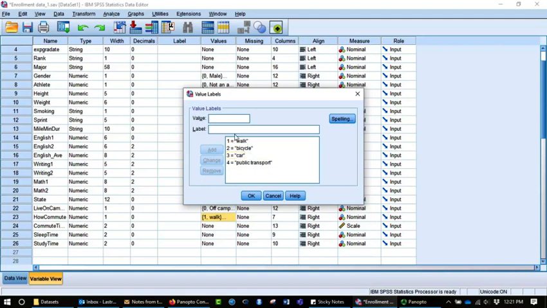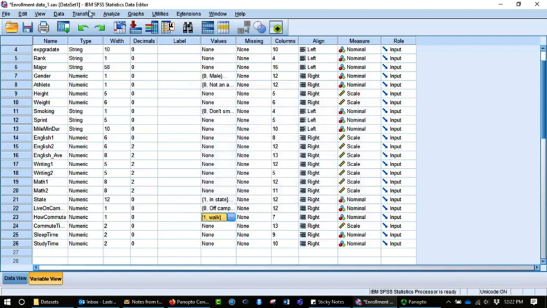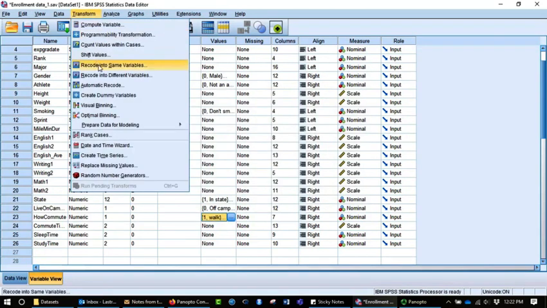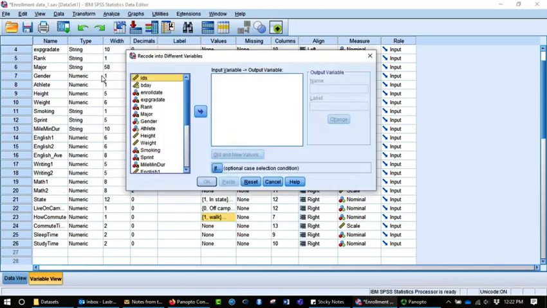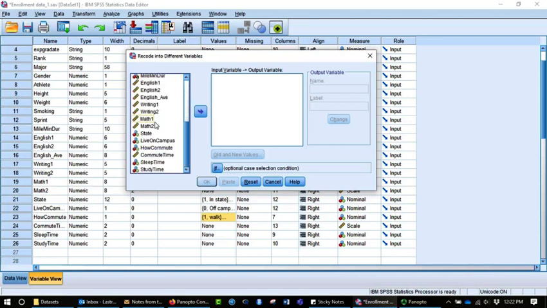So I'm going to change walk and bicycle to just on foot or human transport, and then 3 and 4 to auto. So auto, not auto. All right, so how do I do that? I go into transform again. If you recode into same variable, you might mess up and then you've lost your original data. So I always go to recode into different variable. And this is a little bit more complex, but I'm going to go into